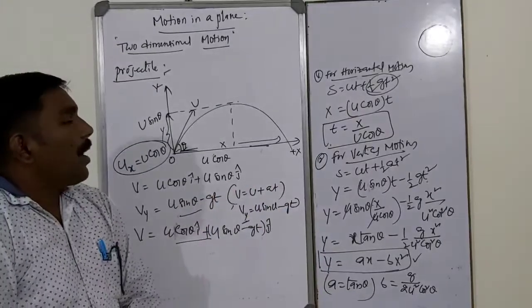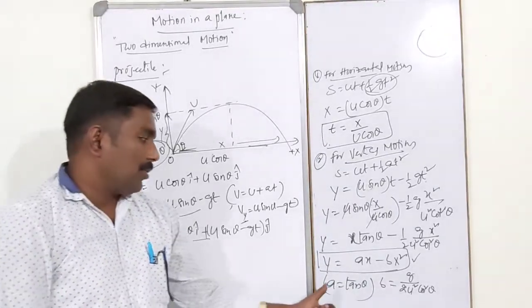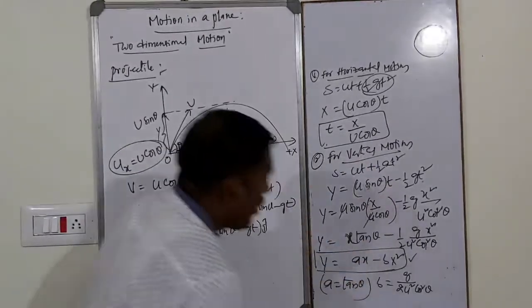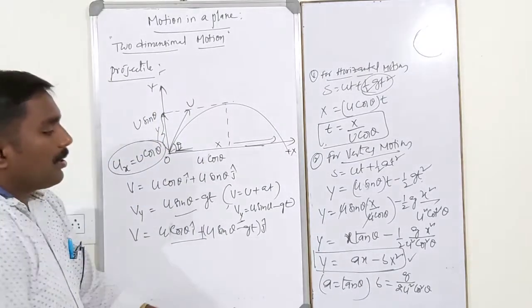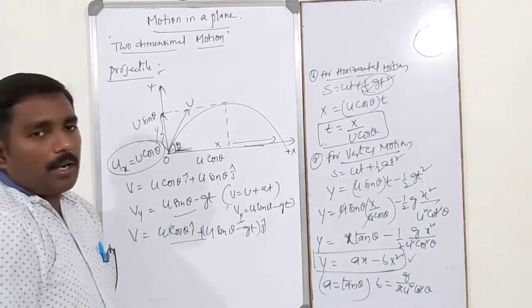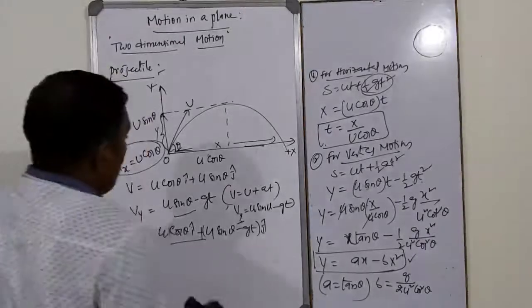So the path of a projectile is a parabola. In this case, a and b are constants. a is equal to tan theta, and b is equal to g by 2u square cos square theta. Okay, now